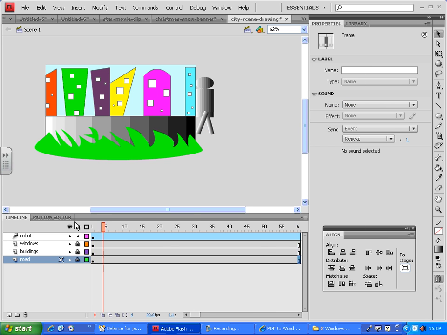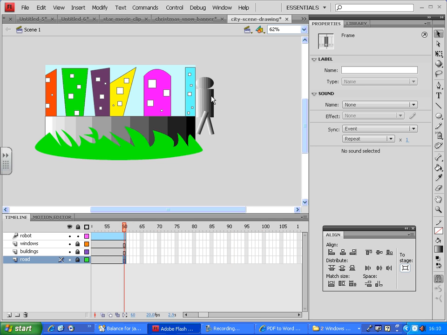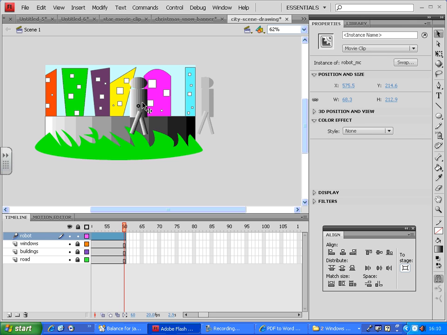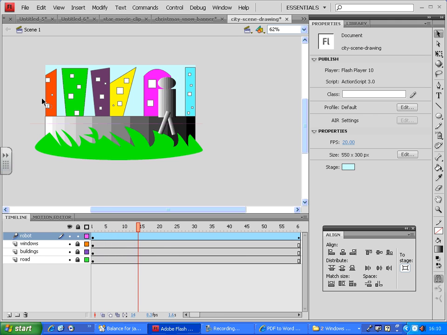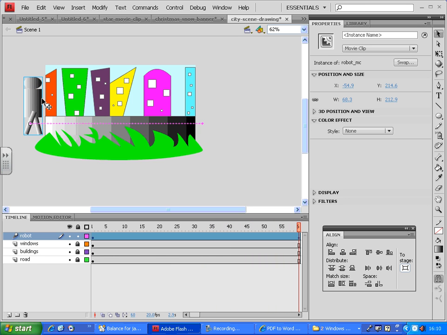But now, in frame 1, the robot is on the right hand side of your stage. At the last frame, hold on your robot, keep him outside the stage. And when you test the whole thing, if you just play it, it will look as if he's sliding, right? But when you test movie, the walking cycle will start as well. So you will see as if